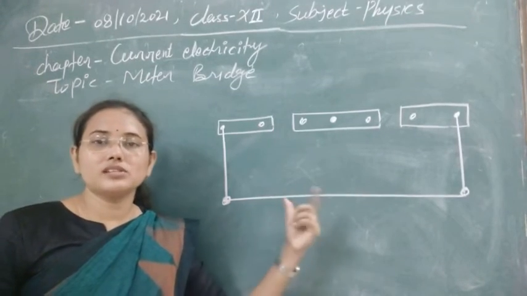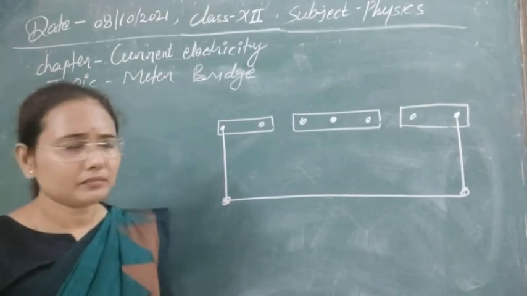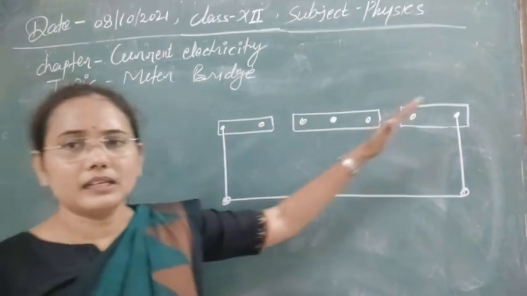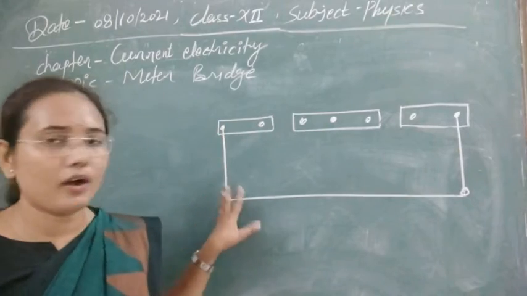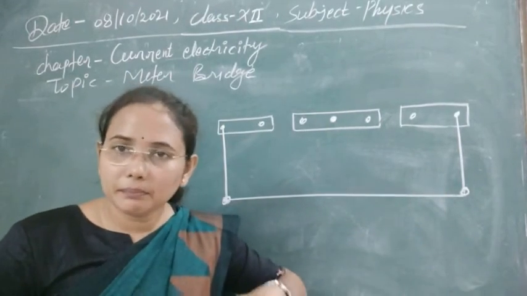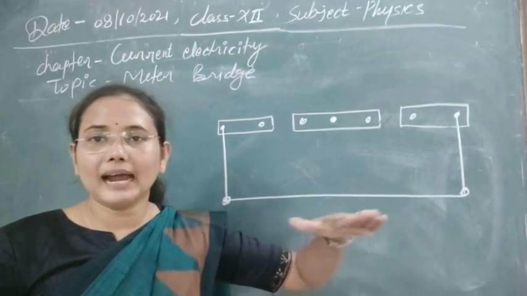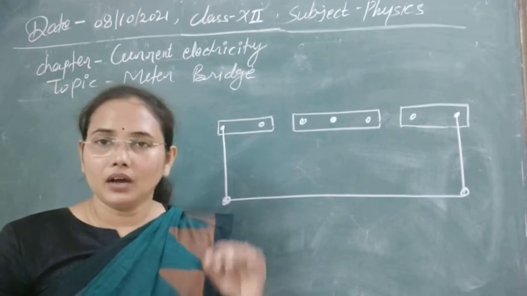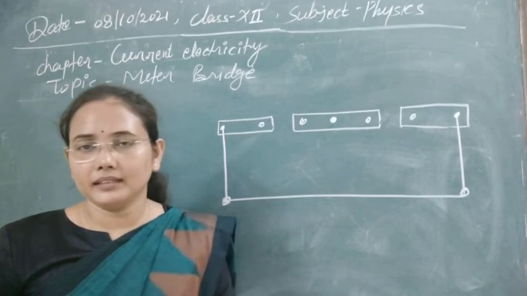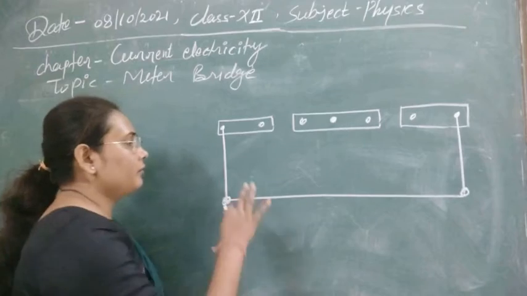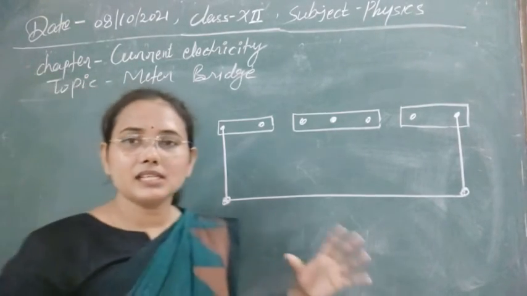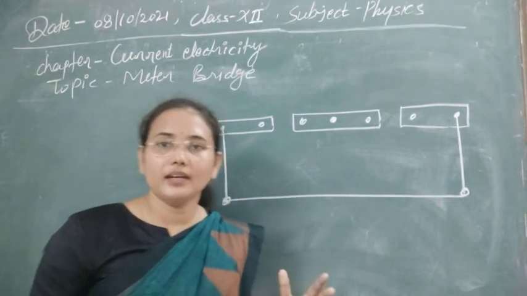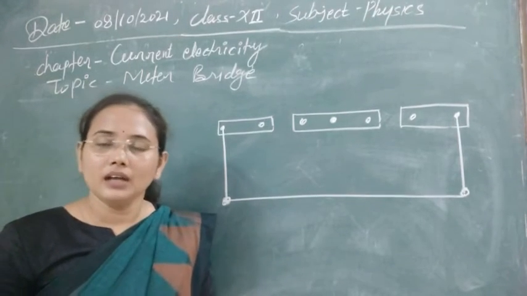So this is now the construction of meter bridge. Simply, we are using these conducting plates over a plywood, and these plates are also interconnected. We have put a meter scale, and over that we have put a conducting wire of 1 meter length. Clear? Now what we are doing in the meter bridge, we are connecting resistance box, unknown resistance and others to calculate the value of unknown resistance.